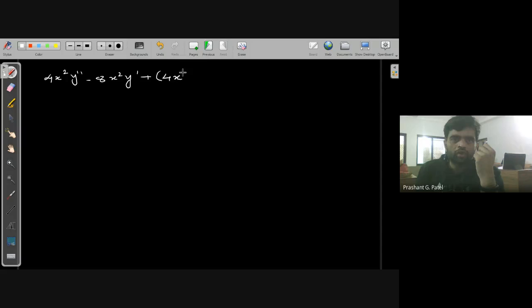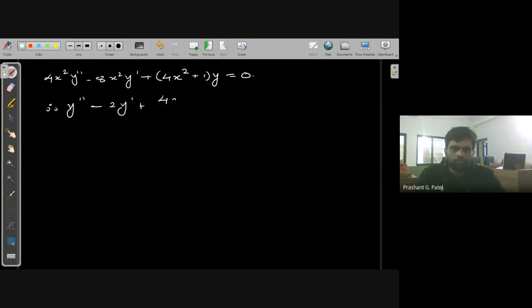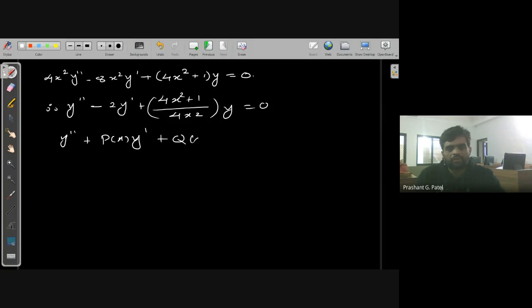Okay, now let us solve some of the examples based on the Frobenius method which we just now derived. So let us say this differential equation is given to you. To write it in standard form: y double dash minus 2 y dash plus (4x square plus 1) upon 4x square y equal to 0. And if you compare with y double dash plus p of x y dash plus q of x y equal to 0, so comparing